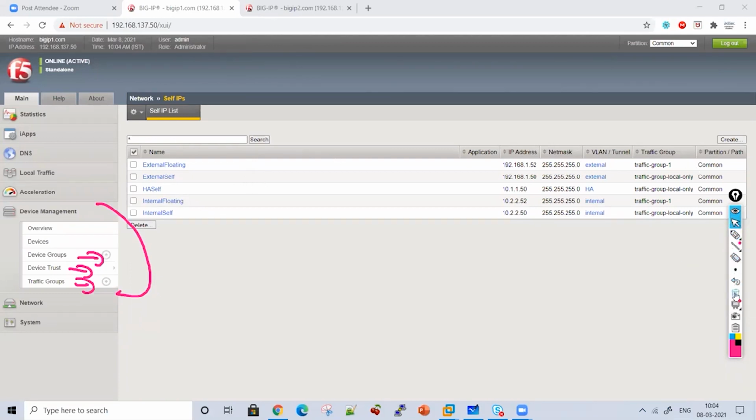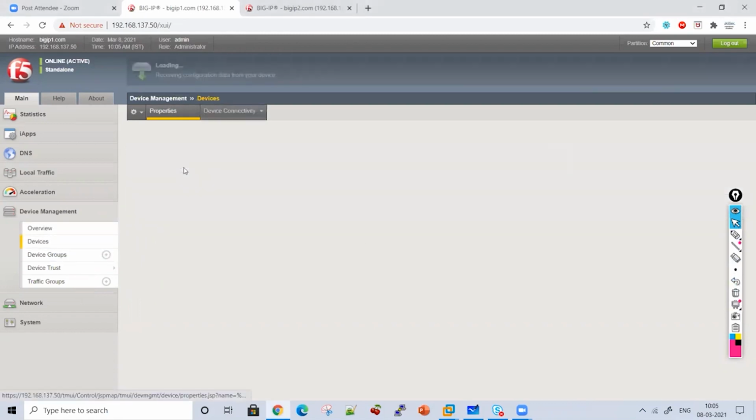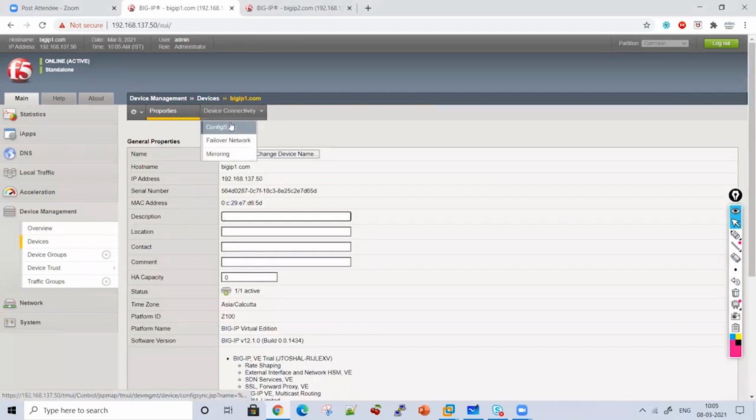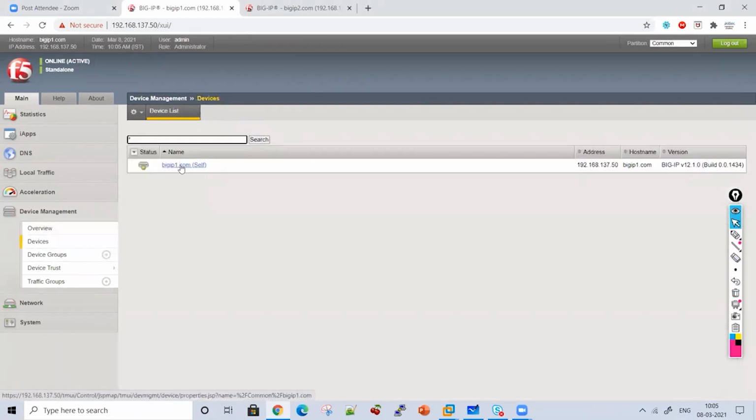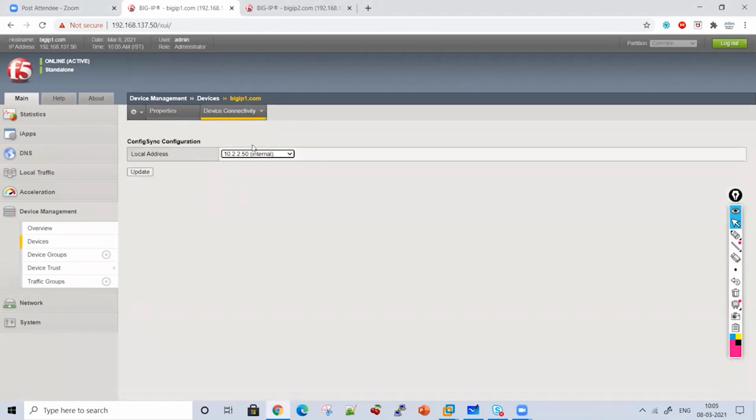So I will delete this and I will go to devices. I click on bigip1.com. So here I need to give all, so config sync, failover network, and mirroring. So I need to give config sync. Which VLAN would be used? So what is this? So config sync